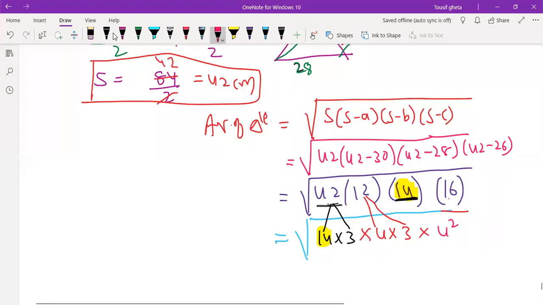So now we will try to write in the form of perfect squares. Which are perfect squares? This is the 14. I missed to write, so I will write it at the end here.